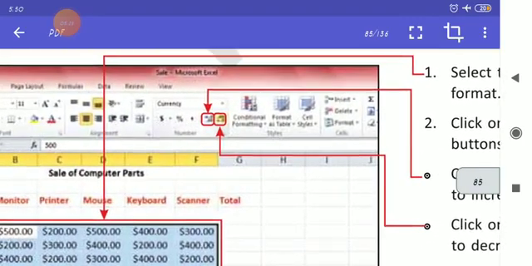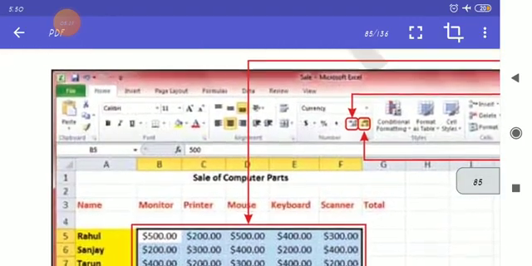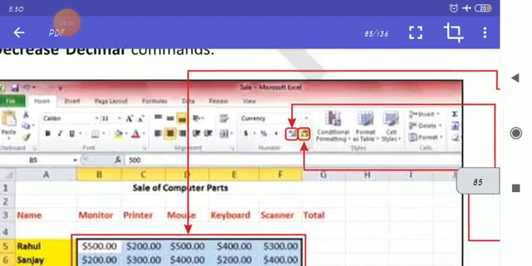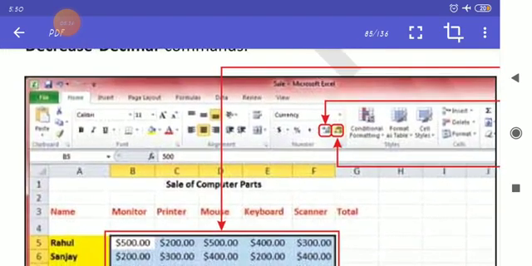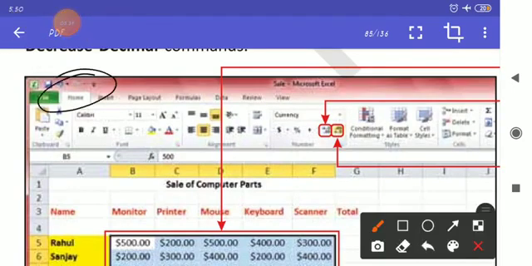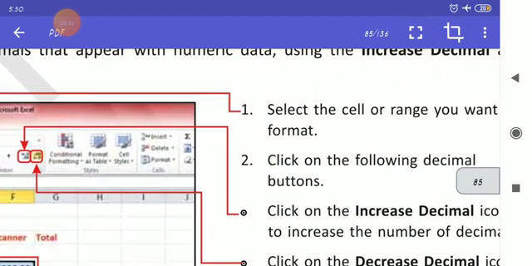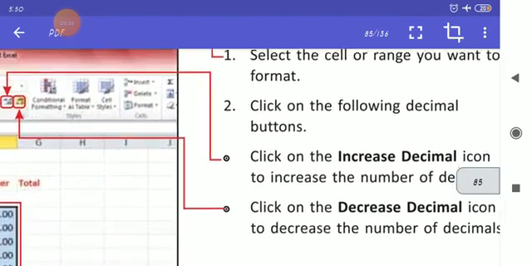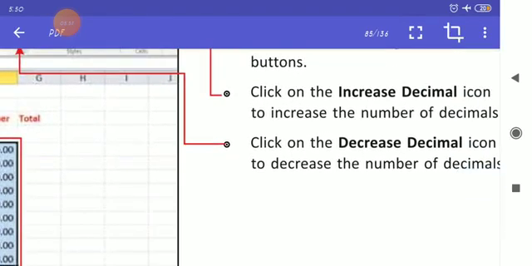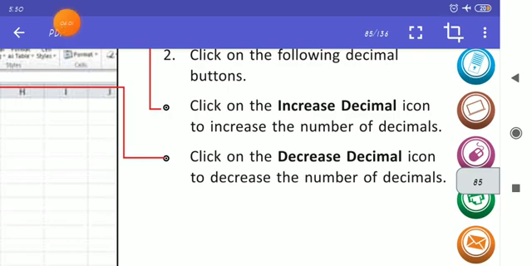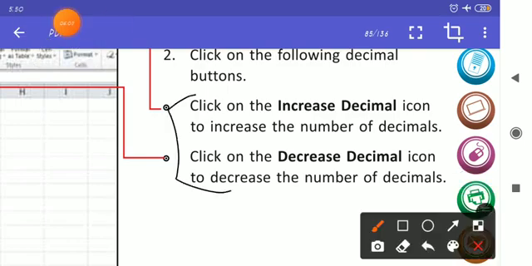Here, sorry, in the Home tab, you will get the increase or decrease decimal option after selecting the cell or range. Then click on the increase decimal icon to increase the number of decimals, and click on the decrease decimal icon to decrease the number of decimals.